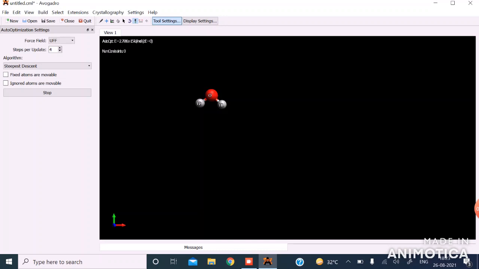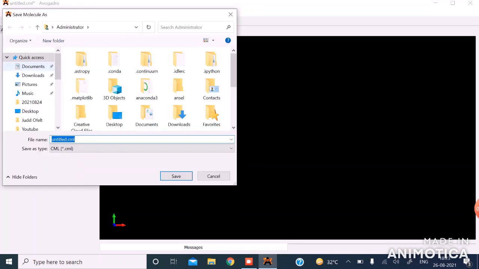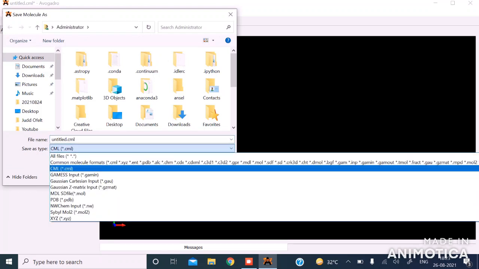Now the first thing we can do is save the file. So go to the File option, then Save As. There are multiple options for saving this file depending on your requirement.